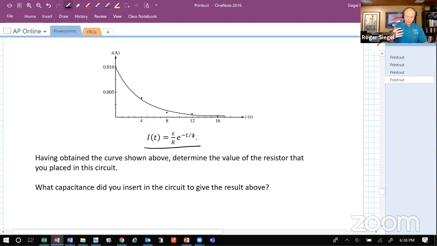Well, I hope the conclusion that you came to is that we're going to look at the t equals 0 condition, or not t equals 0, but right after the switch is closed condition. And we know that right after the switch is closed, the capacitor is not impeding the current at all, and Ohm's law rules for the circuit. And so V is equal to IR.